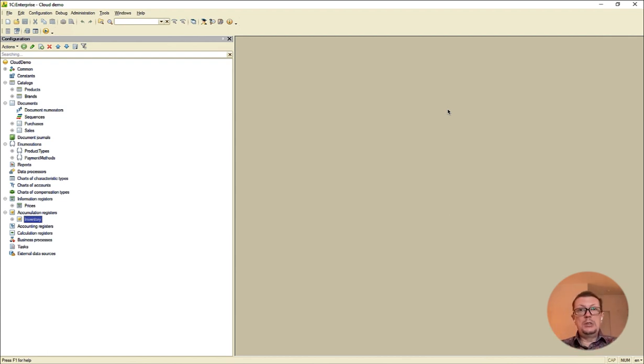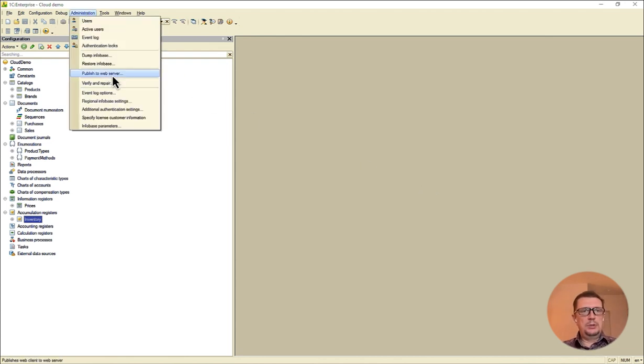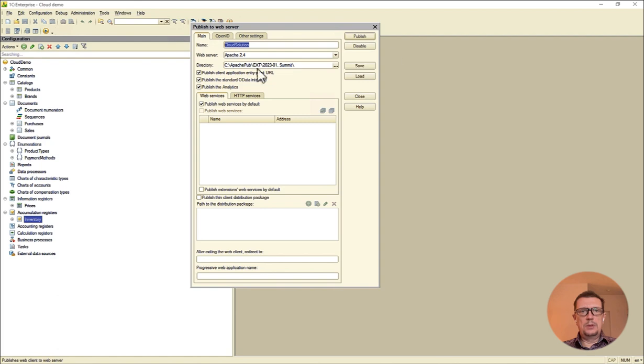Well, first of all, we need to provide our users with access to the application from the internet. And our users should be able to use a browser to access the application. And as most of you probably already know, it's a pretty simple task. If you work with the 1C:Enterprise platform, you just go here, click Publish to web server, and basically this is it.